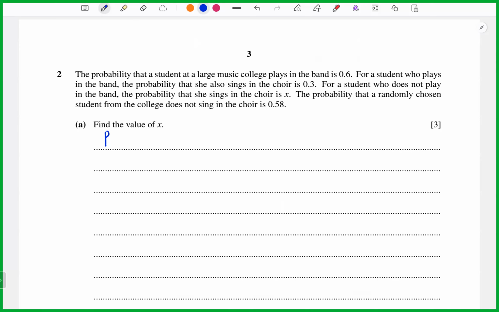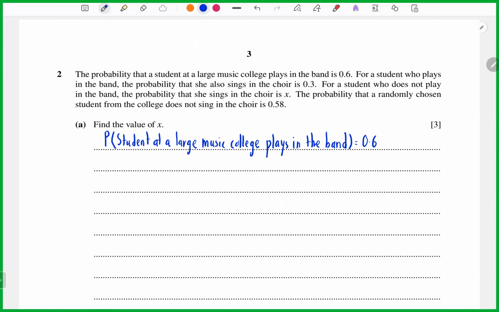The probability for the large music college: a student at a large music college plays in a band is equal to 0.6. For a student who plays in the band, the probability she also sings in the chorus is